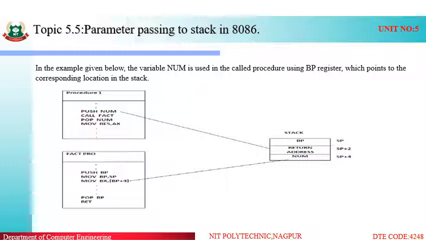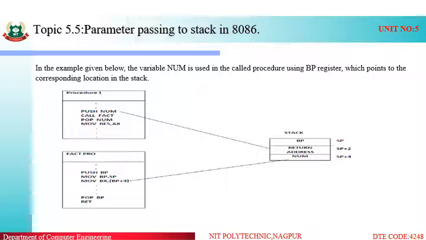So in the given example we have written a procedure. What the procedure does is it pushes the number. The push instruction is to push the given number into the stack memory. So push num: whenever the push num is executed, it goes to the stack memory.